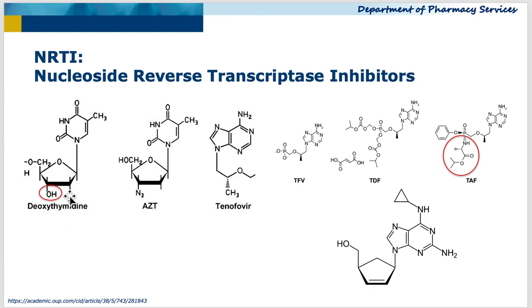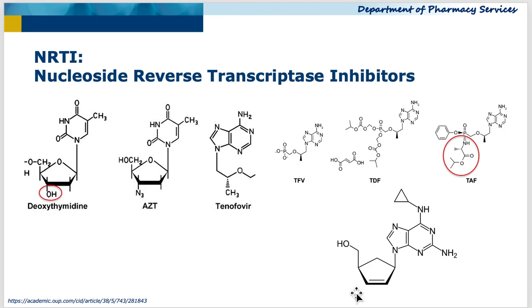So here's an example of an actual nucleotide. If you can recall, we have 4 nucleotides: adenosine, guanosine, cytosine, and thymidine. And so structures of nucleoside or nucleotide reverse transcriptase inhibitors essentially mimic what a nucleotide looks like. The only difference is, as you'll see here on AZT or zidovudine, that first approved medication